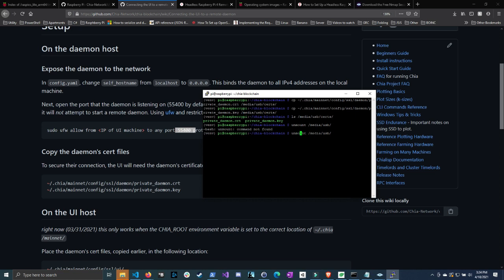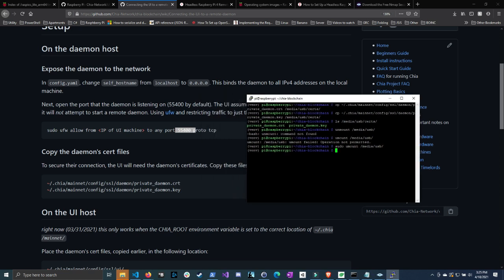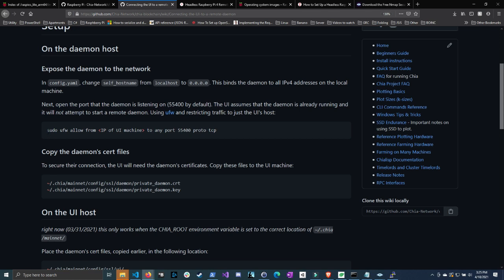Oops, I put it in, so it's unmount. And we might need to do sudo. And now the USB is unmounted, so we can go ahead and unplug it. Okay, and so I actually skipped over one step, so we're going to need to allow the remote UI to